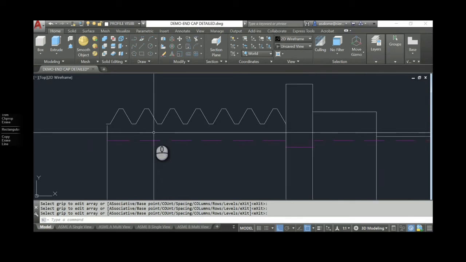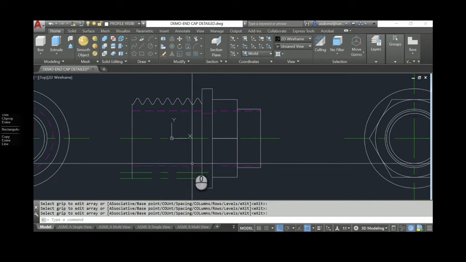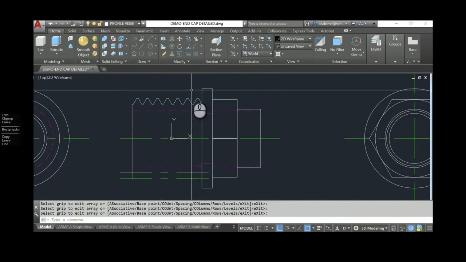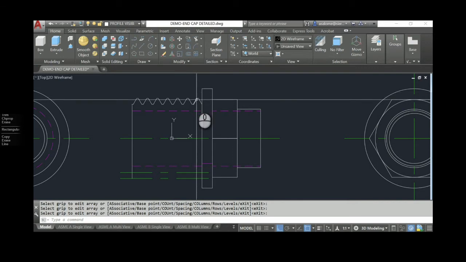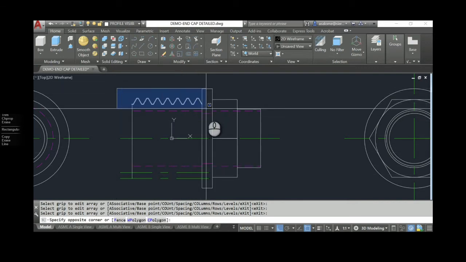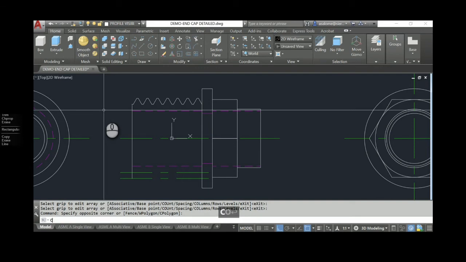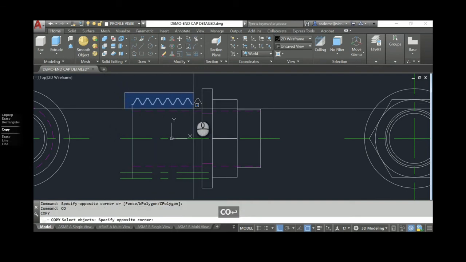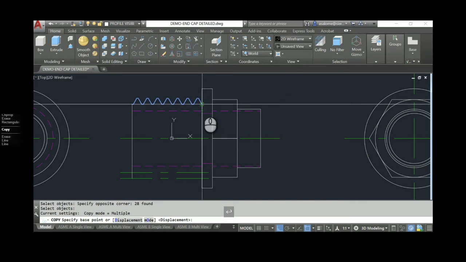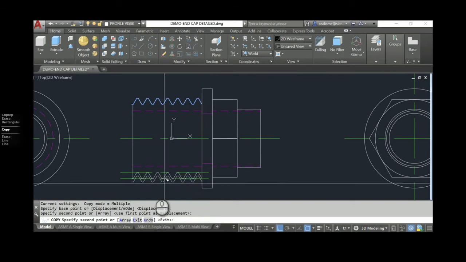Okay, now I need to have threads on the opposite side, and here's what we need to understand. We need to understand what happens on the opposite side of the thread. Do not mirror these, because that wouldn't be true. What we are going to do is copy them from this point here to this point here.